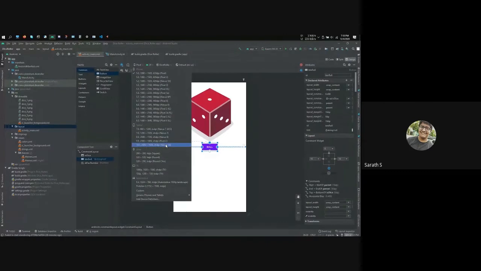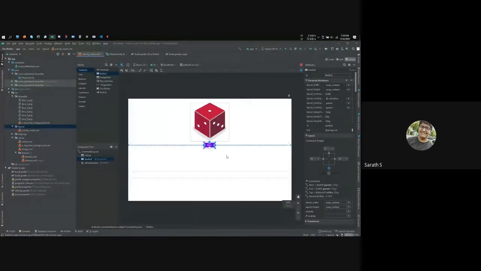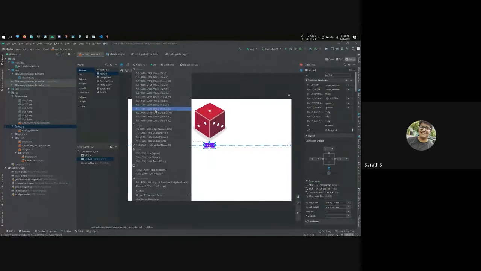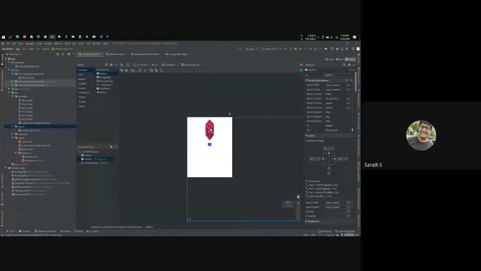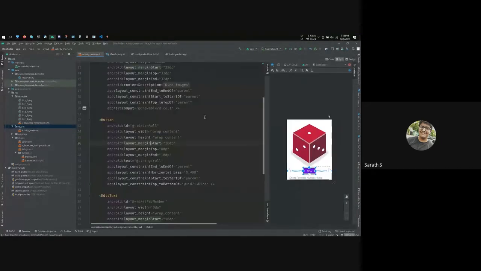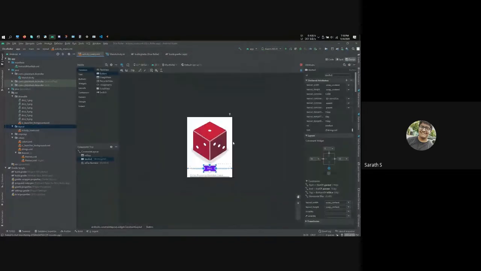If I were to have a tablet, this is what the app would look like. That's the power of having Android Studio in the first place. If I were to have it on a very small screen, this is a 2.7-inch phone. You could see there is spacing between all these elements. That is due to the margin here. So the margin sets spacing between the view and whatever you're constrained to.